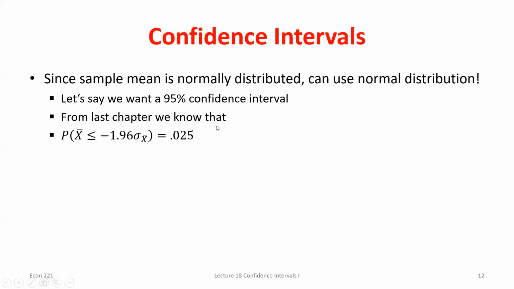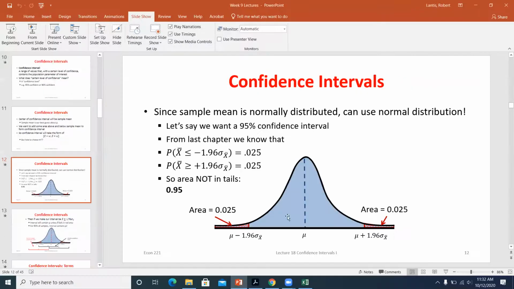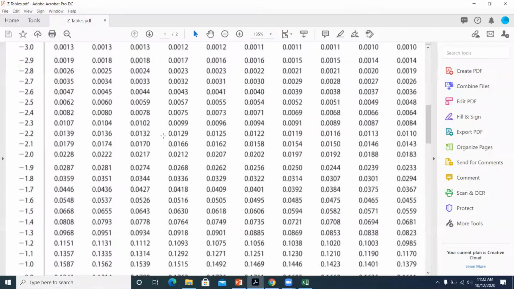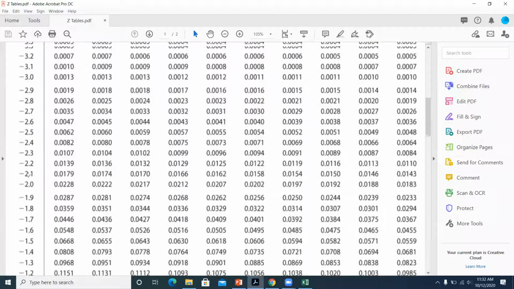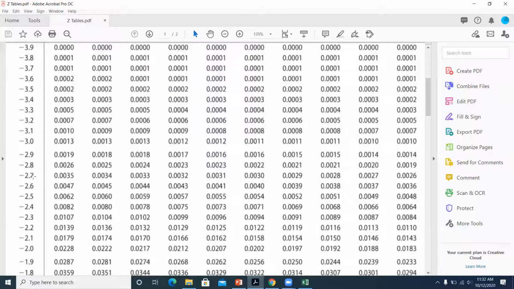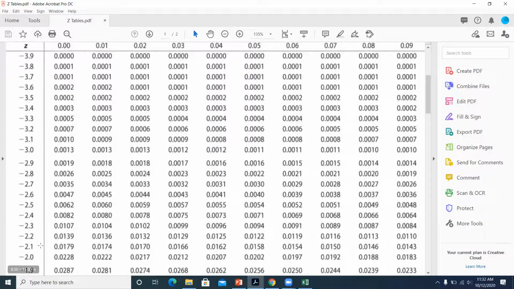How do I know this? Well, remember, if I look at this table, if I go to -1.96, I know the area to the left of that is 0.025.